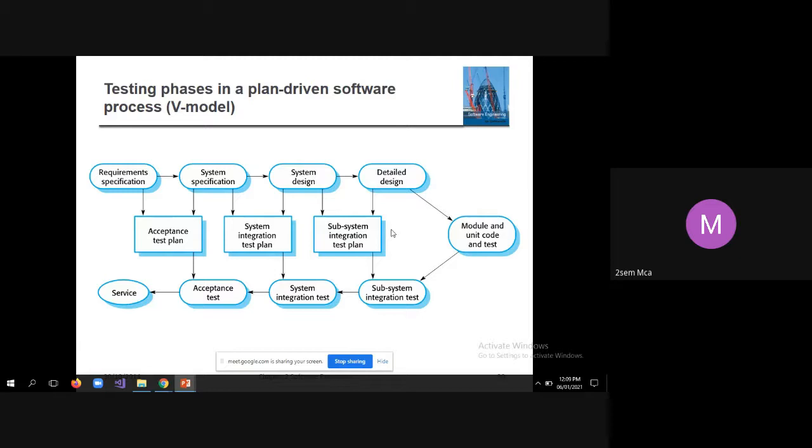Subsystem integration means, for example, within one subsystem, how many modules are there, in what sequence we need to integrate them, and what dependency exists between one module and another. By knowing that data, you can do subsystem integration. Then after detailed design, you can do module and unit test code.